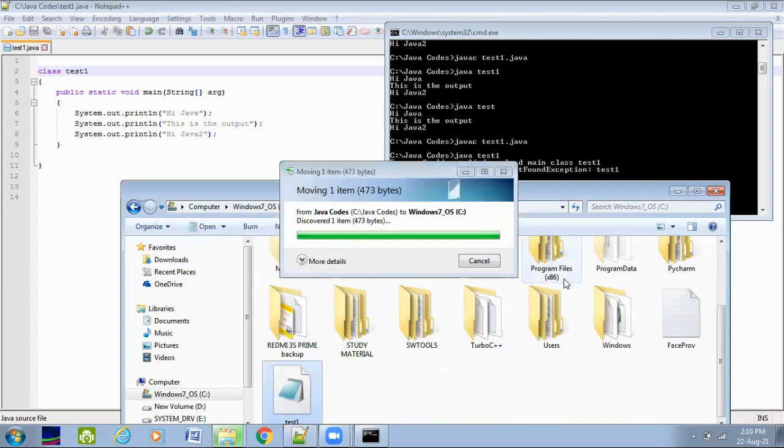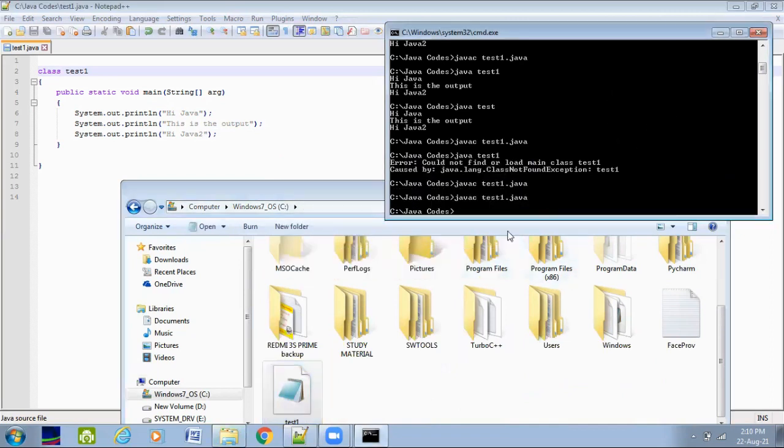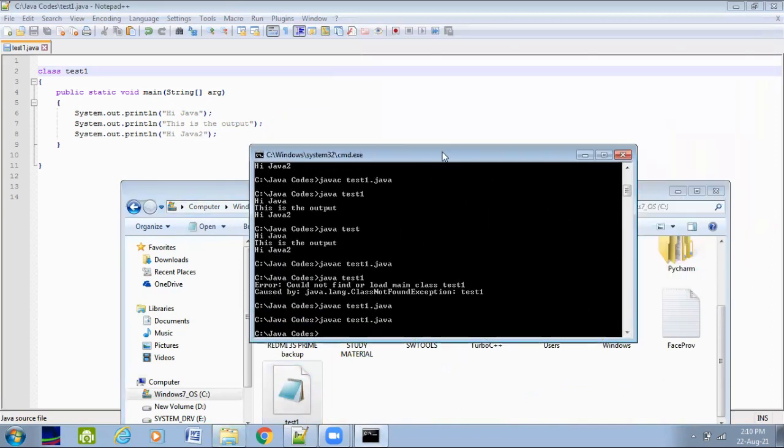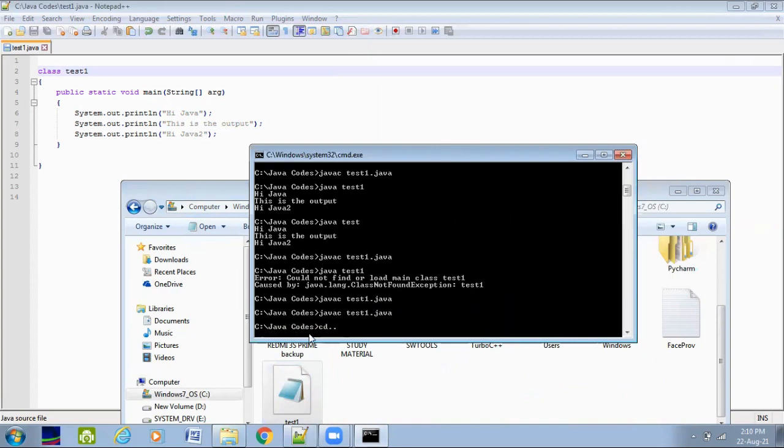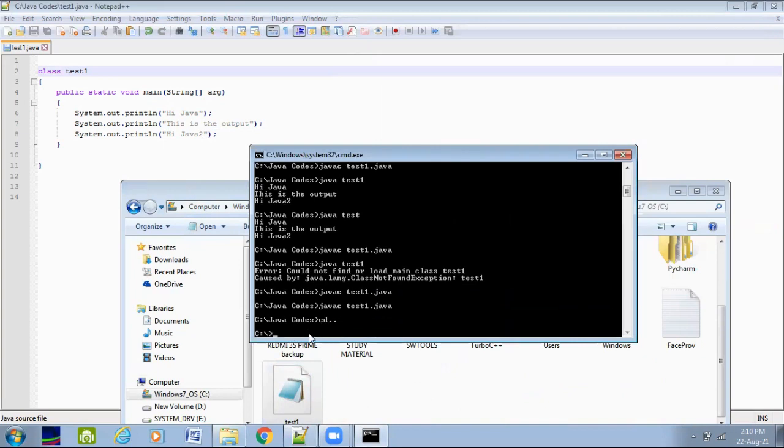I have moved the file, and now let me toggle to that location. I'll create a new video on the commands, codes and terminologies which we use, but these two were the main things you needed to know. So see what we did. I have already compiled and I moved that bytecode here.